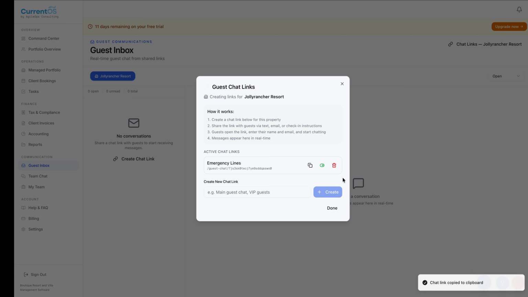One thing you want to be cognizant of is that if you have guest communications moving from whatever platform you're using to facilitate the bookings over to Current OS, just make sure that you're being very clear about it: let's handle comms through Current OS. This is a pretty comprehensive chat functionality. There's always going to be a chat history, so the protections that you were afforded should be more or less the same. But definitely something you want to disclose and get the okay to do, right? So anyway, we copy this link,